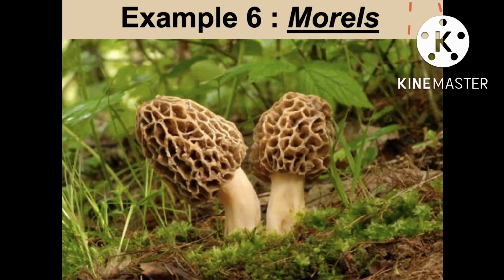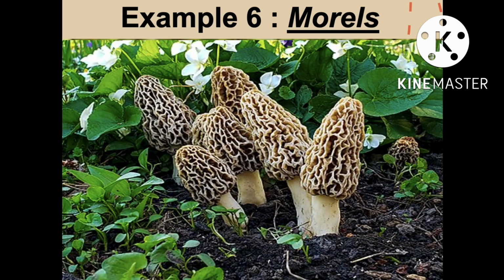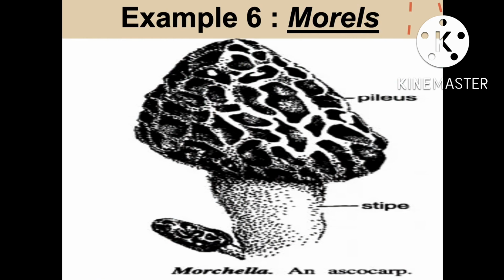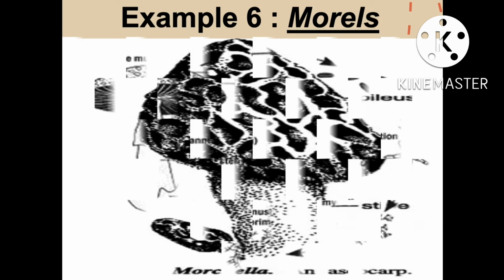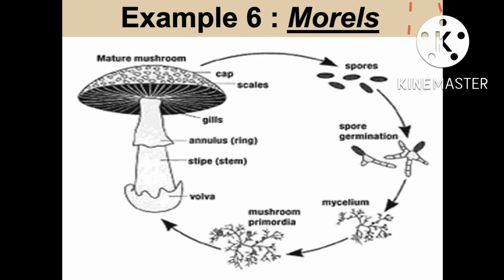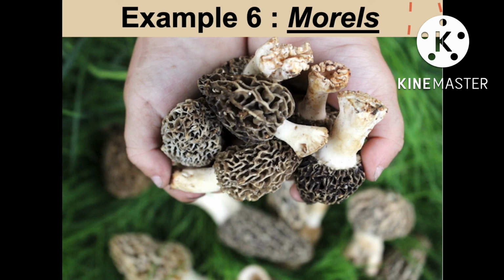After this, the next example is morels. Species of Morchella are commonly known as morels, sponge mushrooms, or gucchi. The fungus is saprotrophic and grows in deciduous forest on humus soil. The visible part of the fungus is the fruiting body, an ascocarp of the apothecia type. Each ascocarp has a fleshy, sponge-like, conical dark brown colored pileus or head and a stalk-like tip. It is an edible fungus and considered a table delicacy in India. It is grown in India, especially in Kashmir and Punjab.